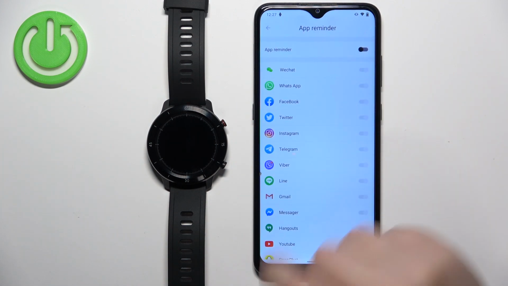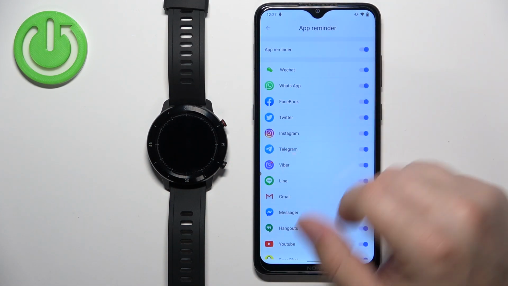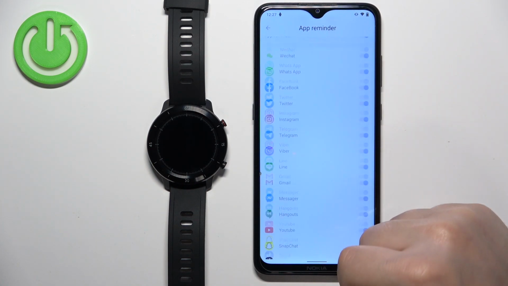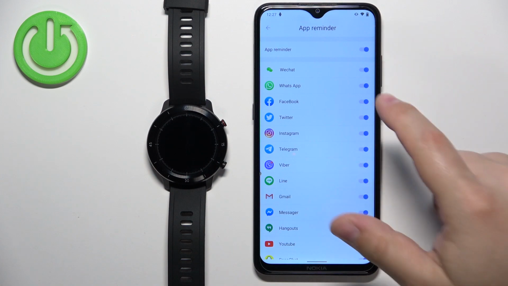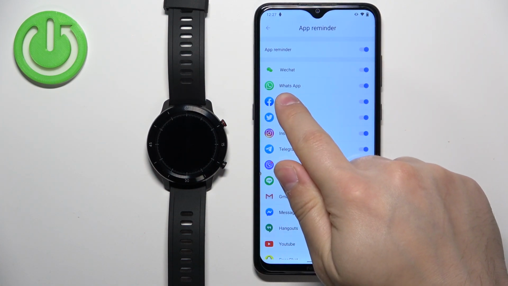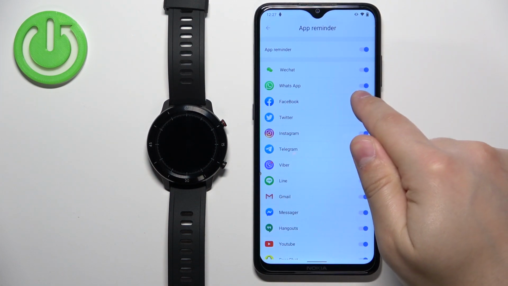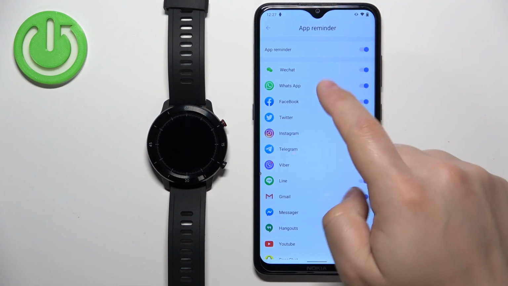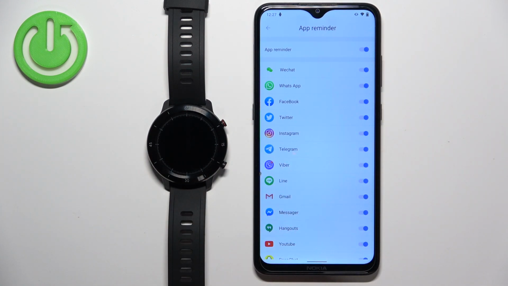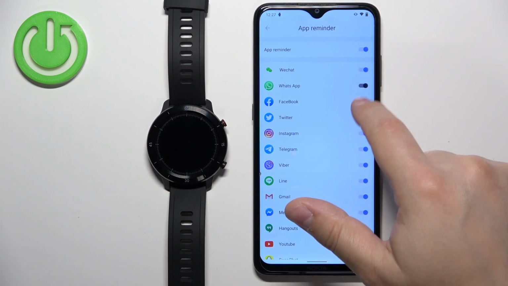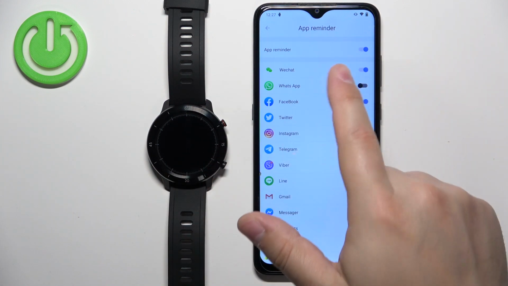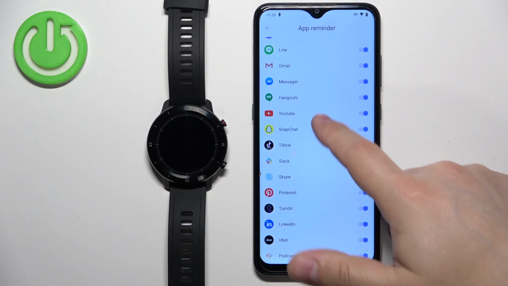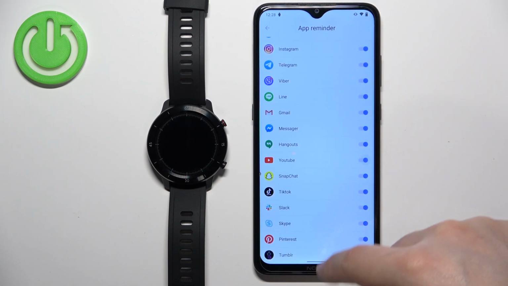And here we can turn on and off the notifications for the specific apps. We have the list of apps and we can turn on and turn off the notifications for them. And how it works is basically if you turn on the notifications, for example, for WhatsApp, and you receive the notification from WhatsApp on your phone, that notification will be forwarded to your watch. And if it's disabled, the notification won't be forwarded to your watch, so you will see it only on your phone. So enable the notifications for apps you like, and once you're done, you can close the app,